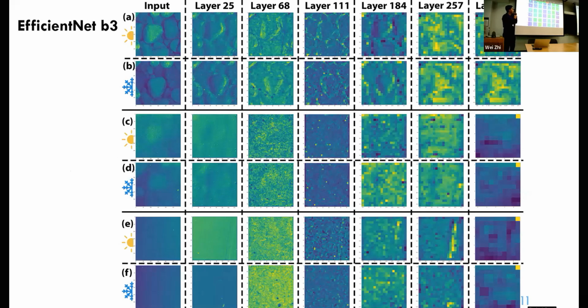And this was interesting. This is the result of some of the feature maps in the EfficientNet. It was kind of interesting to me. On the far left side, we've got our inputs. And as we go down, we are increasing the suspended sediment concentration. And if you look at layer 257 and look past that, we can see that it's no longer visually similar to our original data. So it's interesting to kind of see this process. And after that, it's just, I think, machine language.